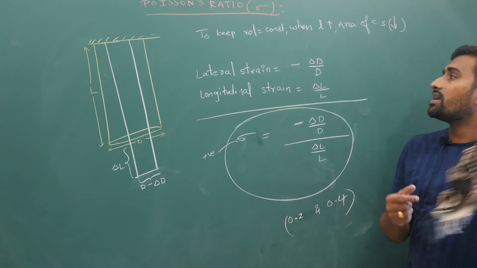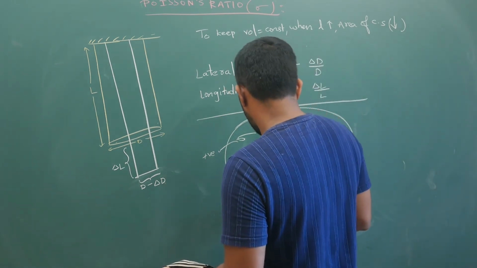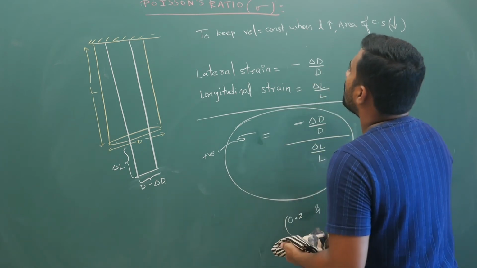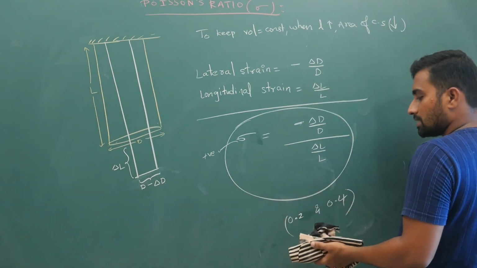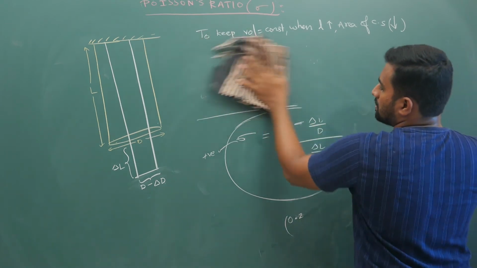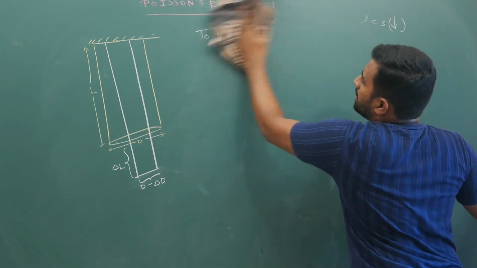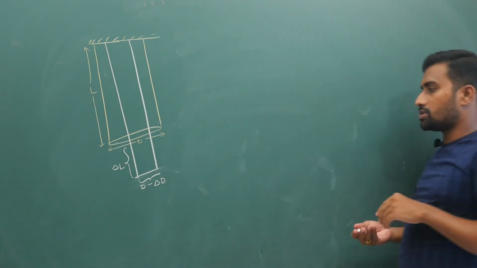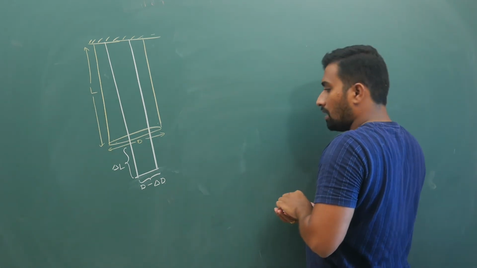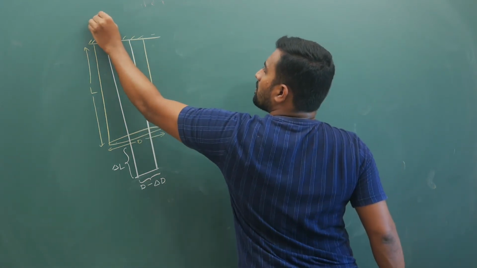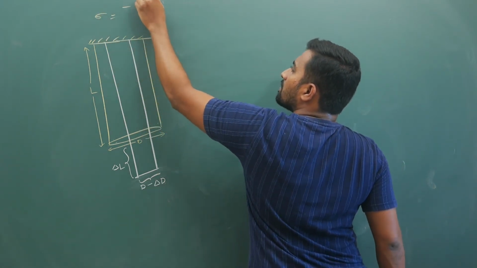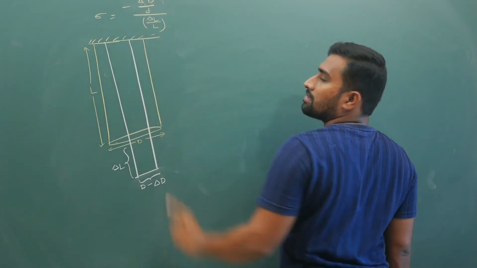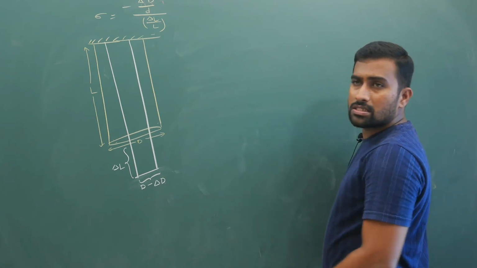Okay, now if I continue from here, for some wire if I try to calculate sigma, I will tell you what will happen. So I will erase this. Hope you have understood this and you have copied it down. Now for a wire I will try to calculate this Poisson's ratio. From what I have explained, your sigma value is minus of delta d by d whole divided by delta L by L, the change in length. Delta means average, d means small value.